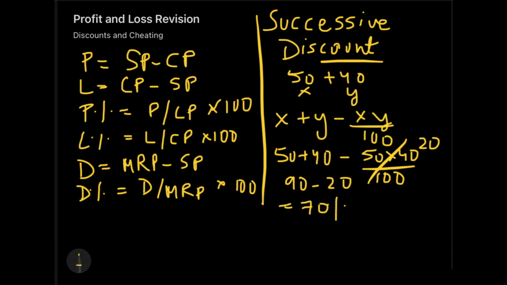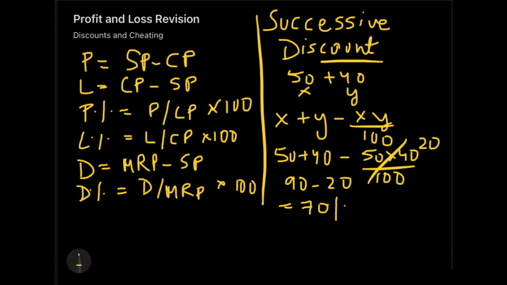So if someone says I give you a successive discount of 50% and then 40%, what is the real meaning? Why are we running behind the formulas? Let's understand the real meaning. The real meaning is that on a particular thing you first give a 50% discount, and after that, on the reduced amount, you give a 40% discount. So that eventually leads to a lesser discount than what you get if you add up 50 plus 40, right?